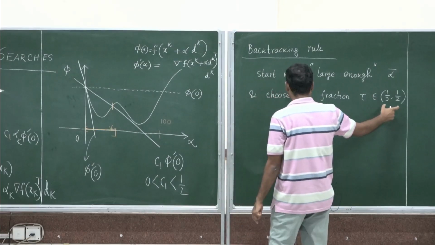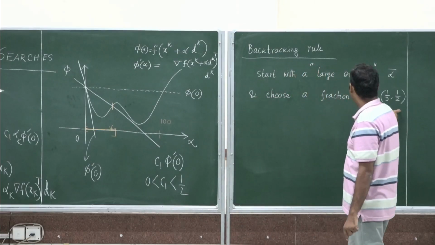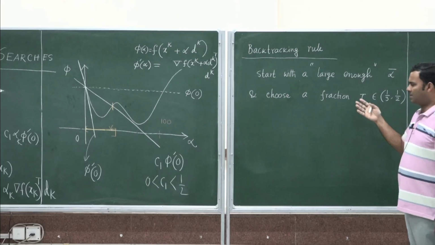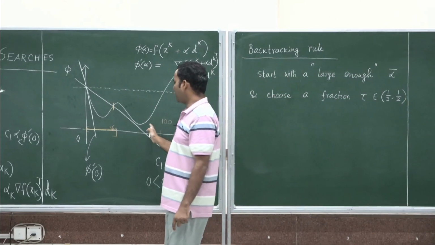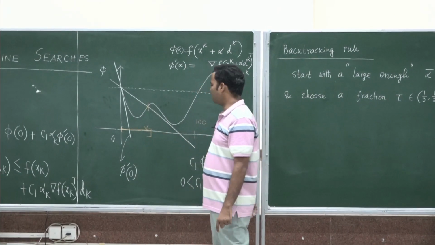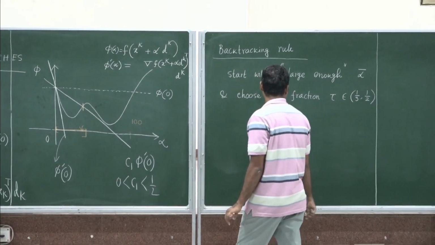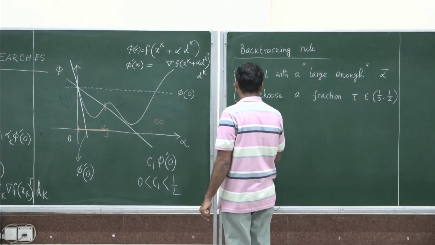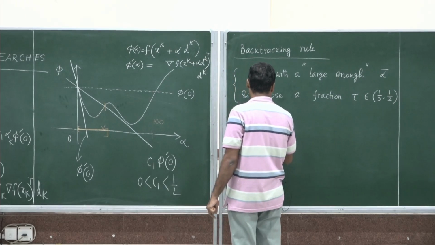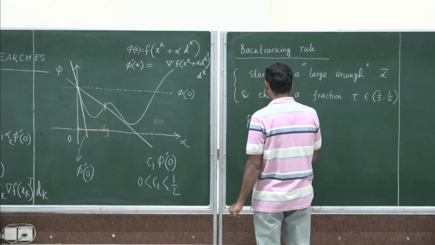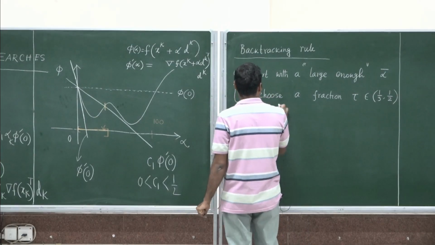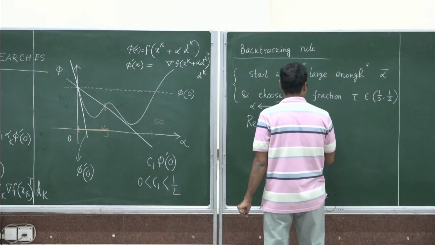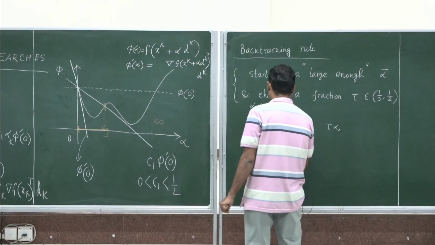It will be simply a fraction, not necessarily in between 1/3 to half. Commonly in practice people choose in between 1/3 to half, but it is just a fraction that you may consider to lessen it by half or 1/3 or 1/4, that does not matter much. Anyway, choose a fraction tau. After these choices, reduce alpha by tau times alpha